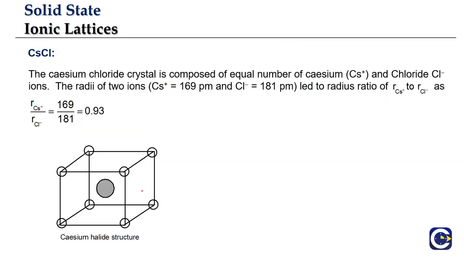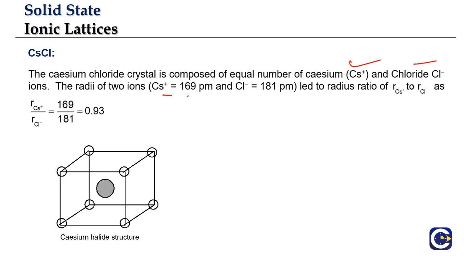Now we will go into the other important type of ionic lattice, which is the cesium chloride type of ionic lattice, because these two are very important in terms of the questions. If you look at most of the questions, they would have come from these two, the rock salt structure and the cesium chloride type of structure. So if you look at cesium chloride, it will be consisting of what? Cs+ ions and Cl- ions.